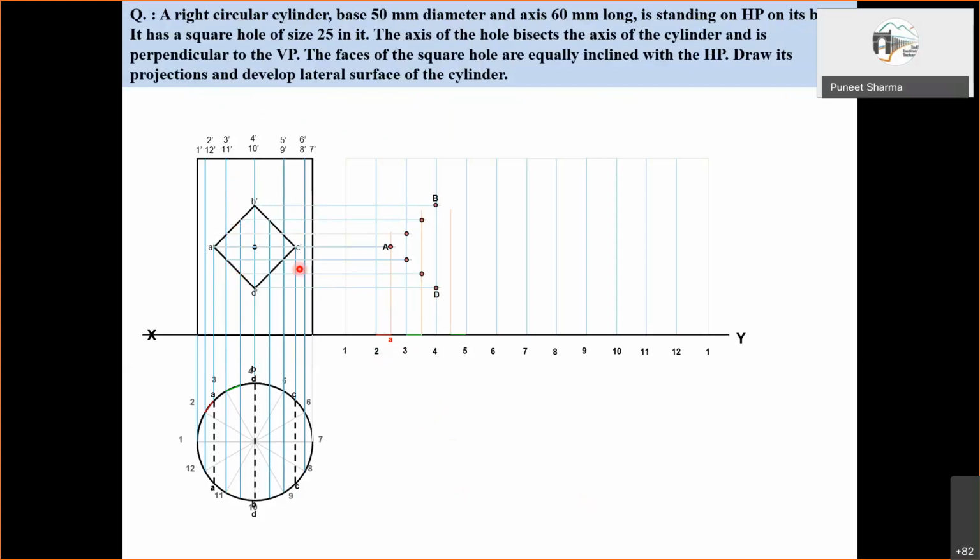Then again the extra points corresponding to these on the extra generator in these two and between these two, right? Between 4, 5 and between 4, 5, and then of course the same will be done between 9 and 10 also. These two located, these two, and this is complete.